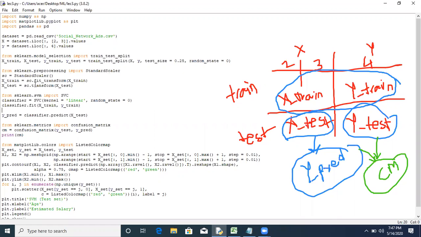Again, we are using dot fit underscore transform for the training because we have already seen that the dot fit command is used for training purpose. So to scale the training input, we have to apply dot fit underscore transform. But here we are not using dot fit because it is the testing part. So for that purpose, we have to use only dot transform. So for X test, we are using only dot transform. Using dot transform, you can scale your input. So these are the scaled inputs X underscore train, X underscore test.